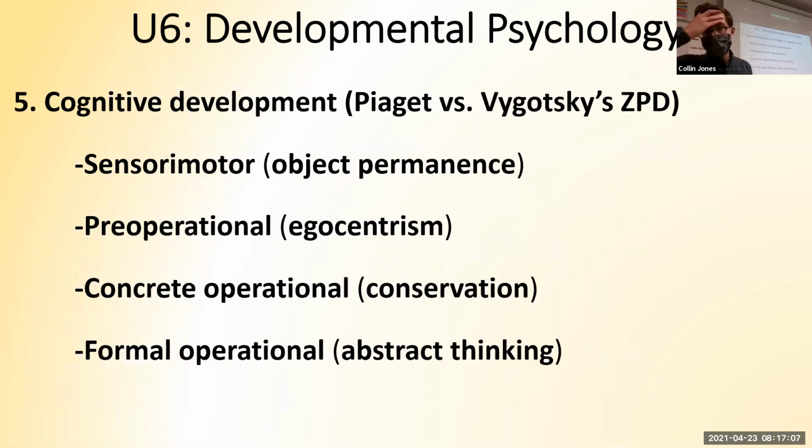All right, so let's start getting into some of the theories. The biggest theory they like to ask about is the theory of cognitive development. This is Piaget's theory of cognitive development. Cognitive, this is what we went over in class yesterday. Cognition: our thinking, our memory, our language. Piaget said there are 4 stages. I use the mnemonic smart preschoolers cook fish. SPCF. Those are the 4 stages.